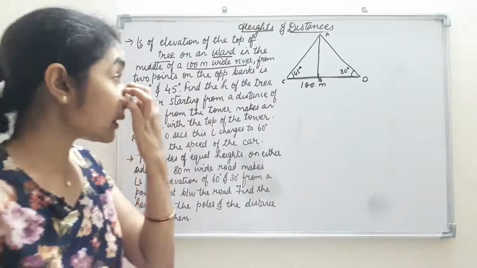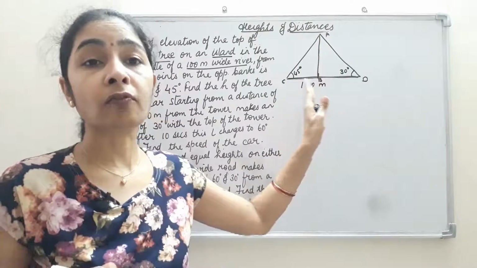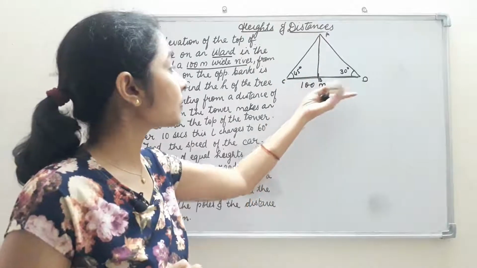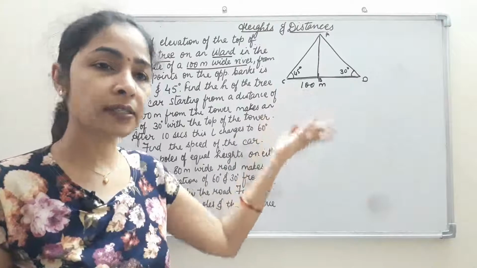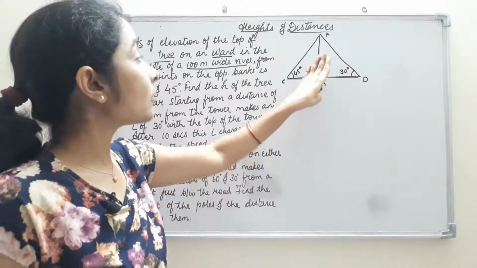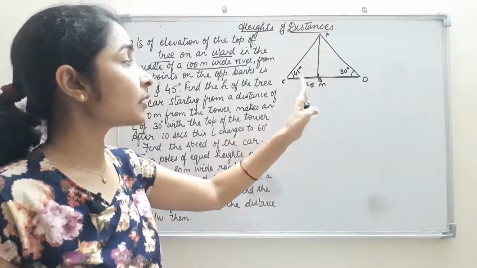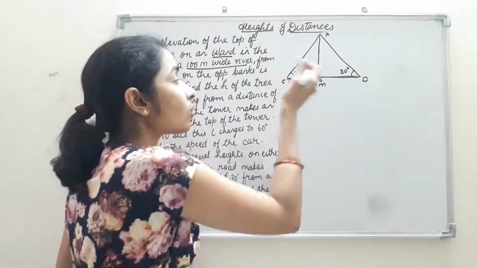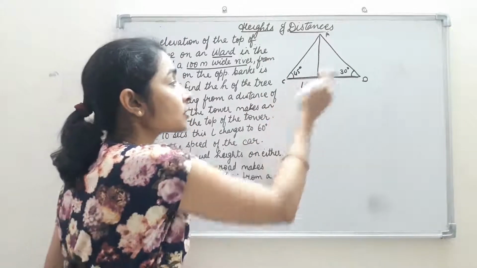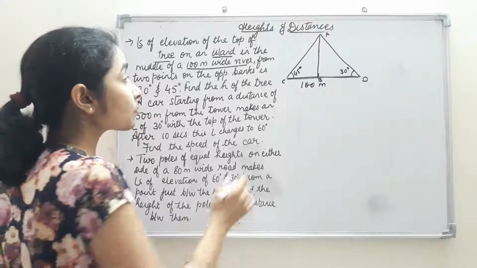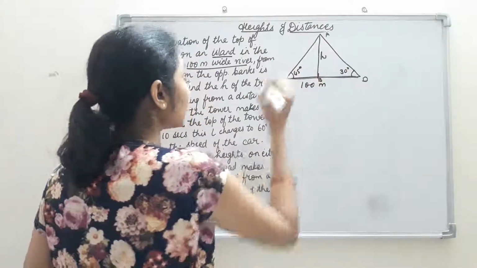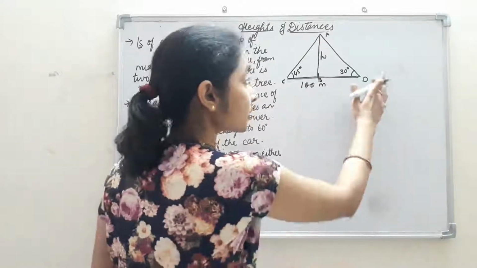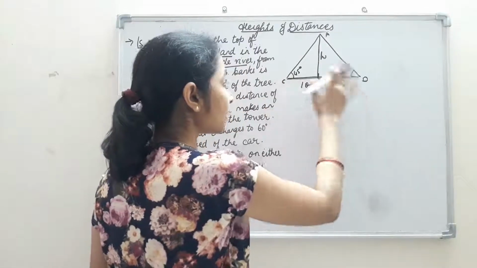We'll write the statement like this only. Let AB be the tree in the middle of the river, on the island, or the middle of the river, whatever you like to say. The only thing is we are given that the width of the river is 100 meters. We don't know the height of the tree. So let AB be the tree in the middle of the river on an island, and C and D be two observation points from where the angles of elevation are 45 degree and 30 degree. What we are supposed to find out is the height of the tree. Now I am starting with the solution.